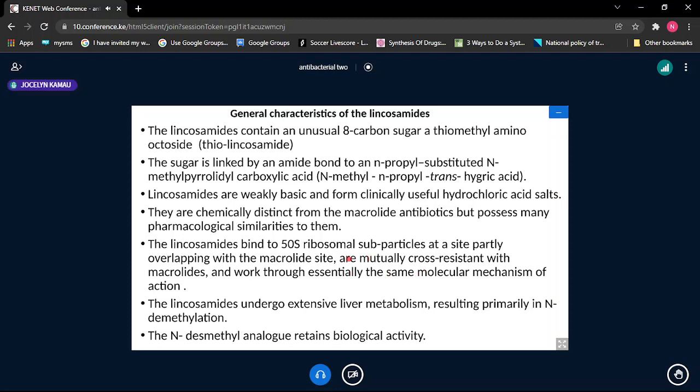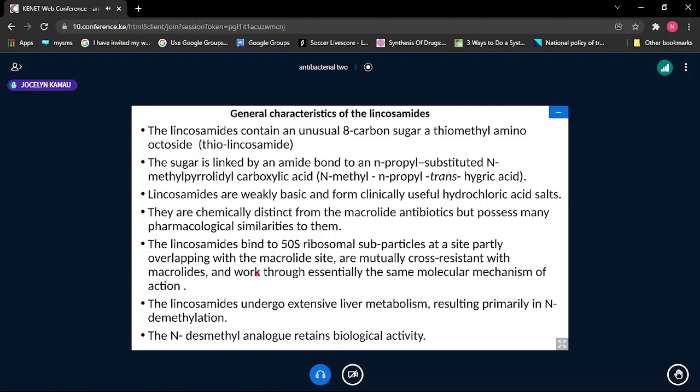They bind to 50S ribosomal subparticles at a site partly overlapping with the macrolide site, therefore they are mutually cross-resistant with the macrolides and work through essentially the same molecular mechanism of action. That's what we have said, that because of their similarity in mechanism of action, they will have similar pharmacological activity. The biggest danger is that if a microorganism acquires resistance towards erythromycin, there is no need of giving lincomycin or clindamycin, because of that similarity in mechanism, they can also have what we call cross-resistance,